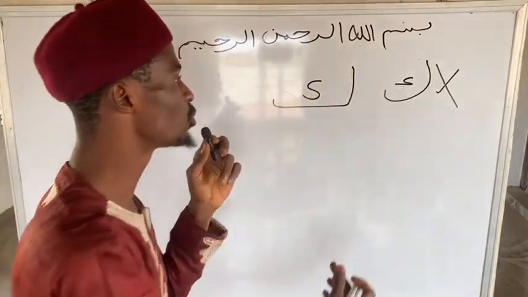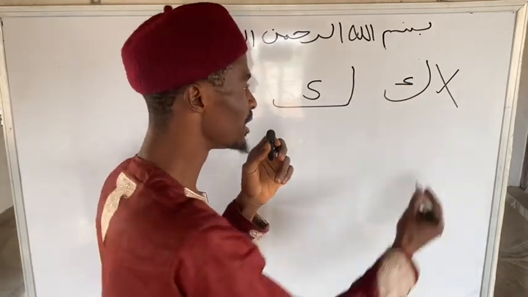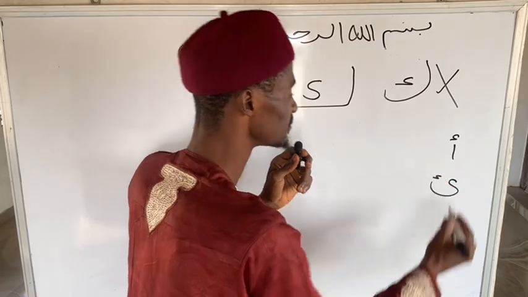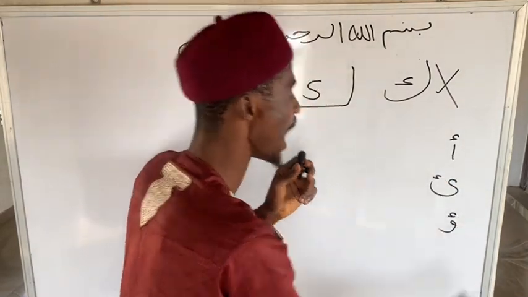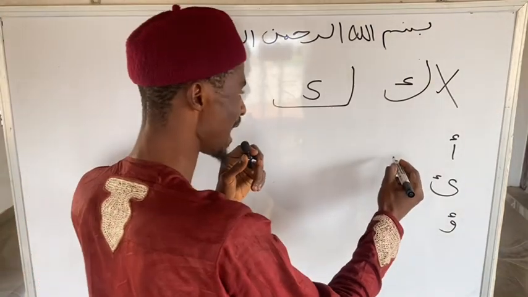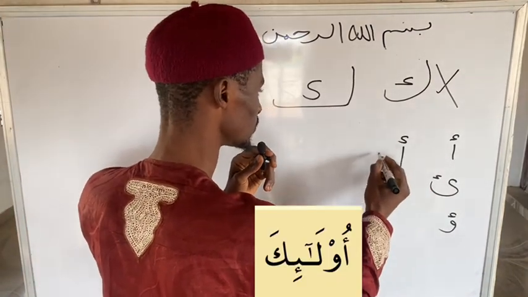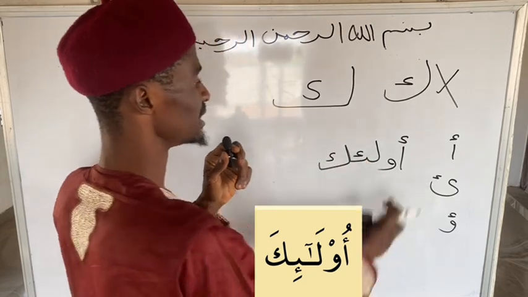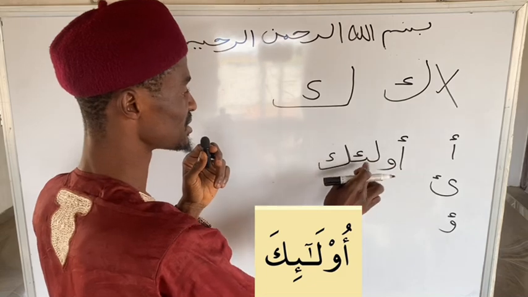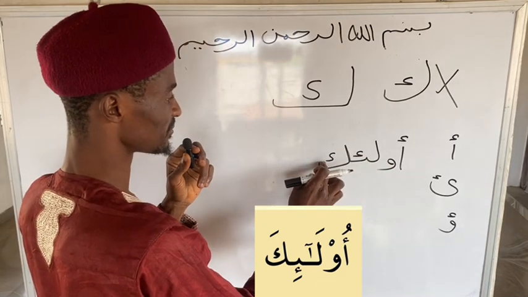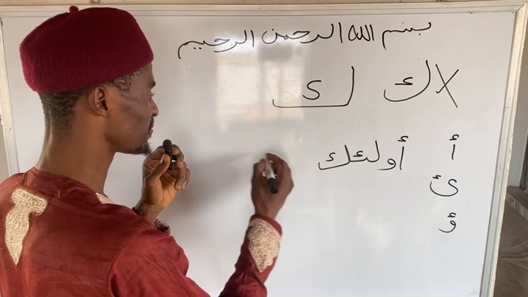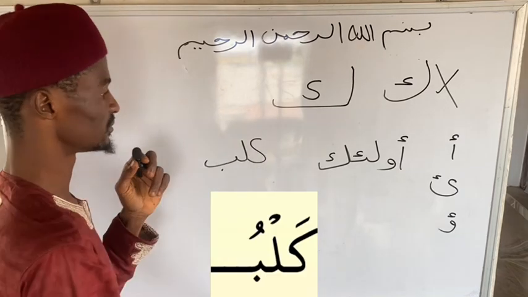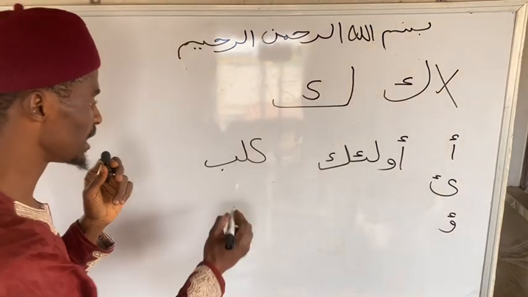The same way we do have hamza standing on either alif or ya or standing on wa. Example, we have ulaika. This is hamza and this is hamza, but this is kaf. Just like kaf in our kalbu, kalbu, or in kitab,